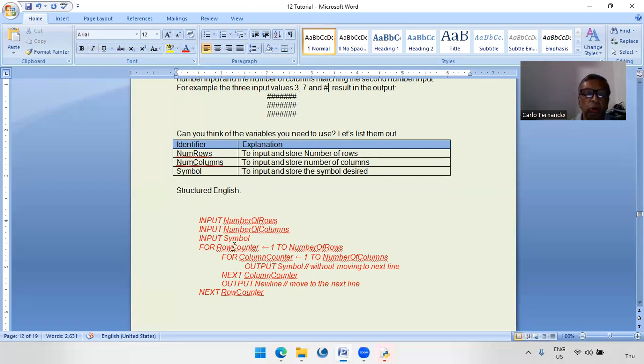Then you start a loop for row counter equals 1 to number of rows, which is 1 to 3 in this case. That is for the 3 rows. So first you start with the first row and go on displaying these 7 columns. For that, you use an inner loop. This is the outer loop, then this inner loop, a nested loop here. For column counter equals 1 to number of columns, which is 7, so it will be 1 to 7. Output symbol, whatever the symbol is, in this case a hash mark,